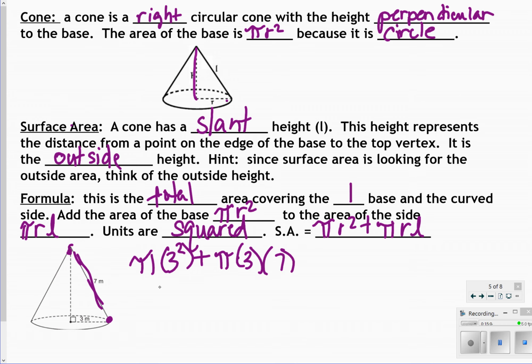So we're going to have 9 pi plus 21 pi. Sometimes forms will be left where they leave pi. For most of our calculations, we're going to multiply using pi, or the value of 3.14. Okay, so 9 times pi is going to give us